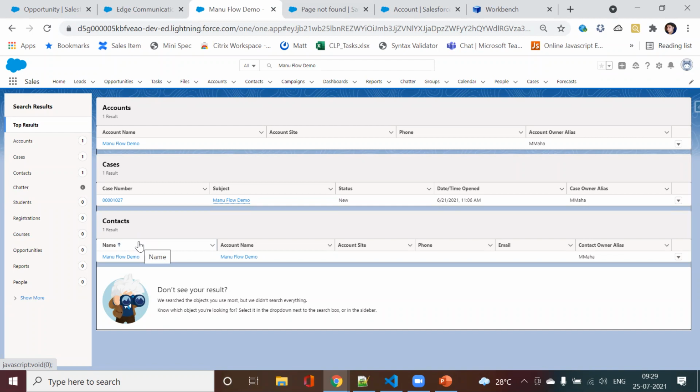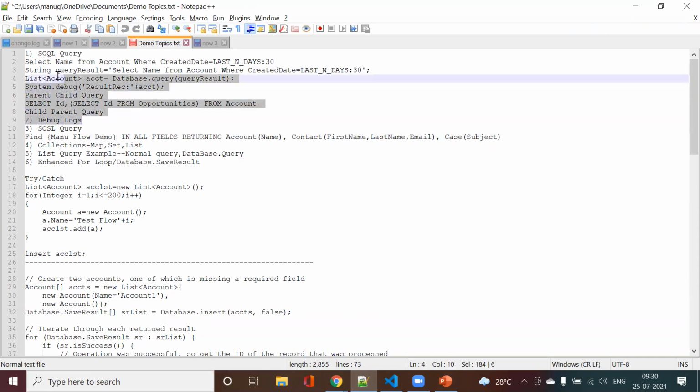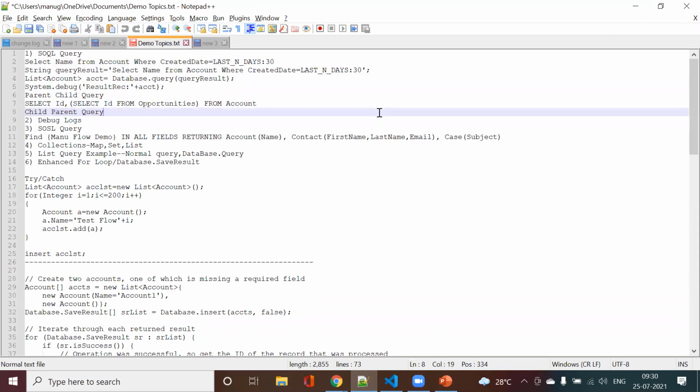No. Yeah. So this was the first basic thing that I wanted to tell you: how can I query my Salesforce data using Apex? Obviously, in case I need to write some code, I need to know how to fetch my data. So this part we have covered. This was just the query I showed you. Now I will write my SOQL query using Apex.